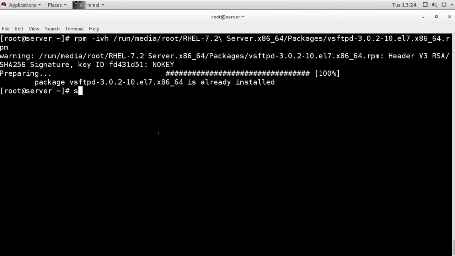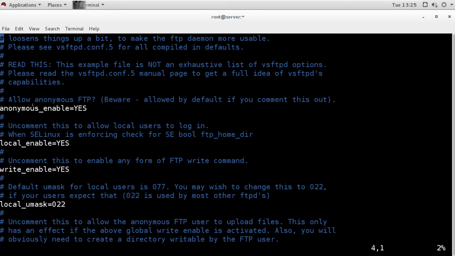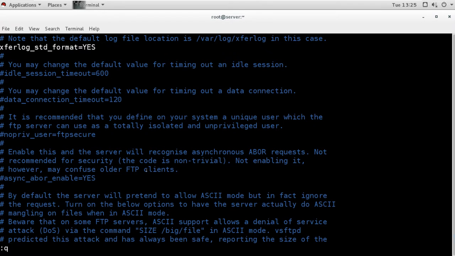After installing the package, basically you don't have to do anything. You can just start the service, and with the default setting, the anonymous user is enabled. So we just need the FTP server configured with anonymous user enabled, so that we can log in as an anonymous user. I will check whether the anonymous user is available or not. In the configuration file, we just need to have anonymous user enabled. It is enabled by default, so if you start the server, the anonymous user is available and you don't have to make any changes there.